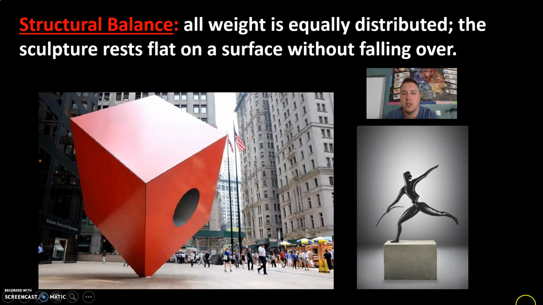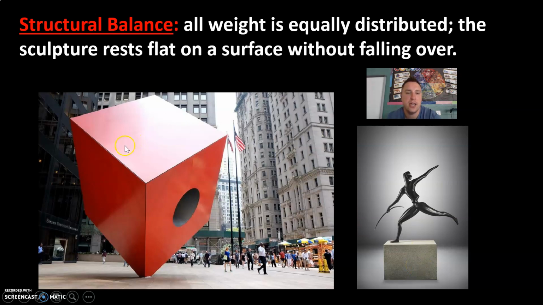One way of doing this, at the bottom right, is to create a rectangular or square, something flat, where you bang the clay against the surface of the table to flatten it out, so that your sculpture can rest on that without the whole thing tipping over. And this is interesting because this figure, who looks like he's about to throw a boomerang or some kind of javelin, has a leg up and looks like the whole thing could tip over. But because of the weight of the leg attached to the block at the bottom, it does keep it structurally